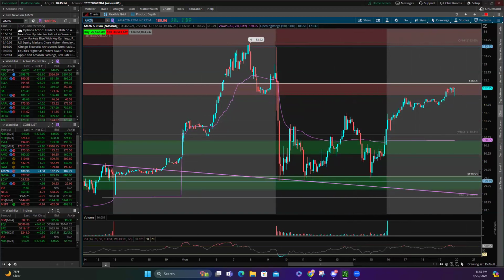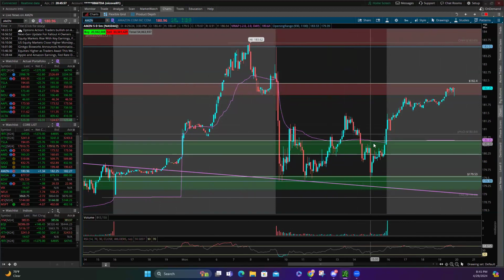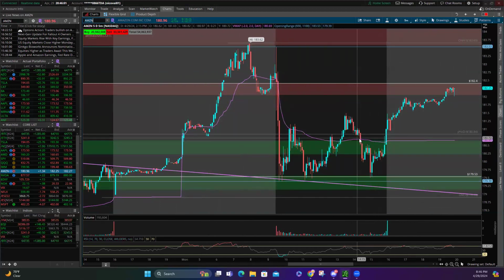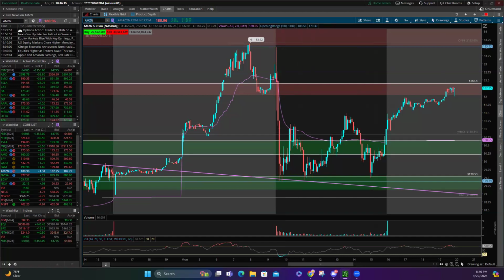So this is pretty much what I have, just to show you guys how you can just trade with your trend lines, your levels, and just VWAP. You don't need to have everything else. Of course, volume, because this is based on volume, but you don't need so many different indicators. I mean, they are useful, but you need to know how to use them all mixed up. If anyone has any more questions, please write them in the chat if you want to see other names, and we can go through them.